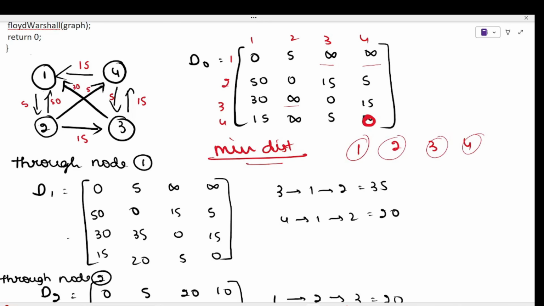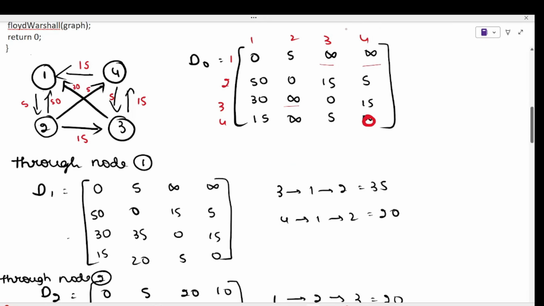You have to calculate all the distances, the minimum distances from each node, through that node, like you have to visit through it. If you take 1, you have to visit through 1 from anywhere. Okay, that is how this works. Okay, let's start. I will explain everything in detail. See here, first if you take node 1, what it will be changing is, see, if